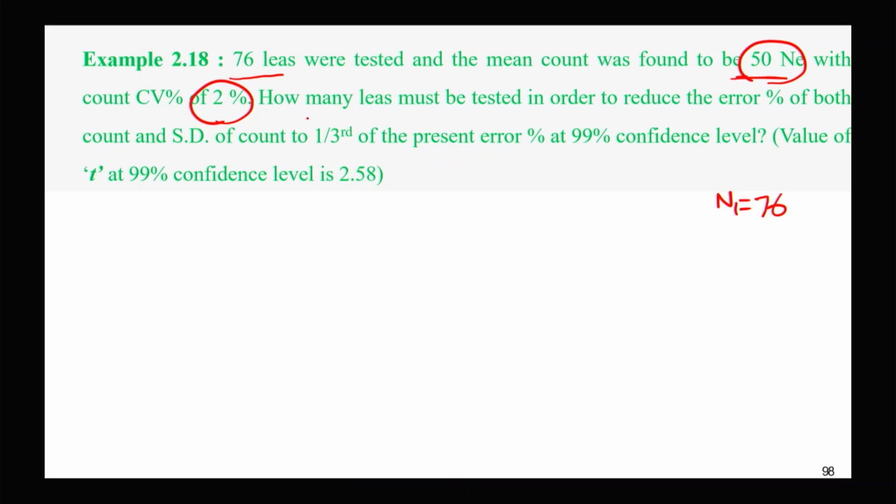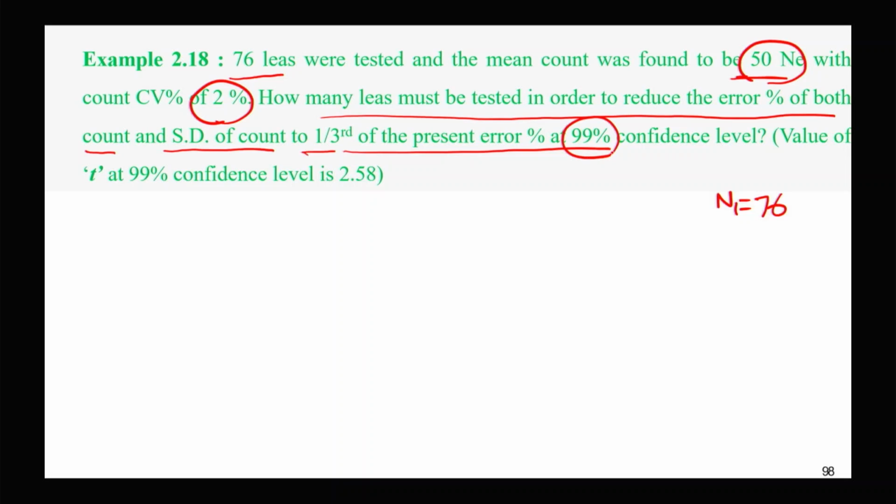So, how many leads must be tested in order to reduce the error percent of both count and standard deviation of count to 1/3 of the present error at